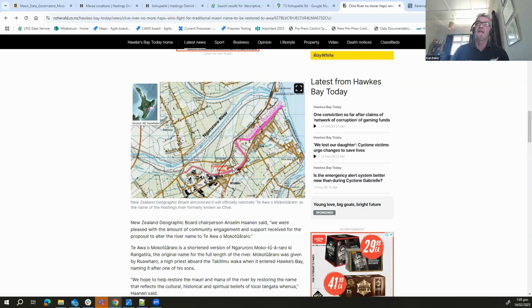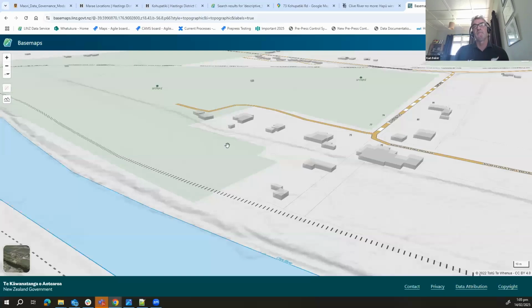And this name here is actually so large that we might end up showing it on the Topo 50 map, which would be a shame to say and do, but it would be very difficult to show it because we'd have to take something else off. But when we show it in base maps, we can show it because we have all the space that we can do. And in base maps, you can see our marae building.